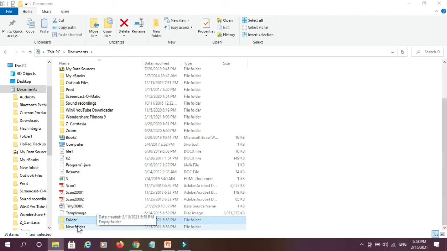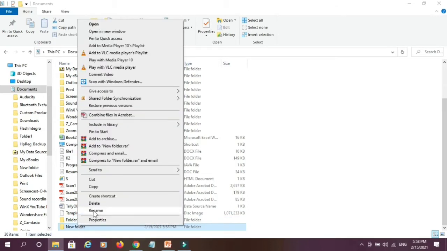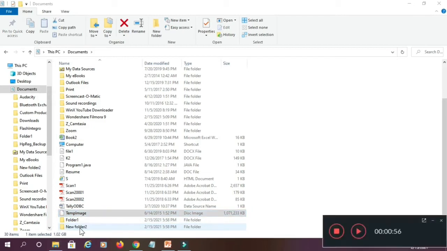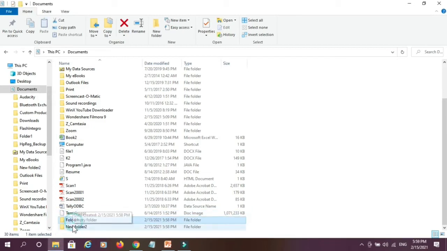For renaming this folder, just right click on the folder and select rename and give the folder new name, folder 2. Or there is one more method. Go to folder name and press F2 and you can rename your folder.